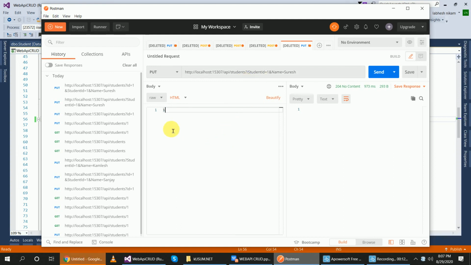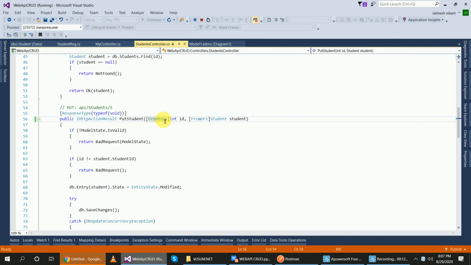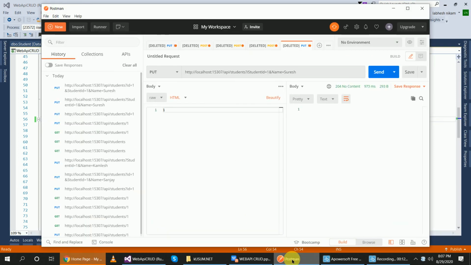So data is passed in URI and ID is passed in the body, from body. This I have declared, whatever I have given there. Now I want to update this first number record with Babulal, in place of Suresh.